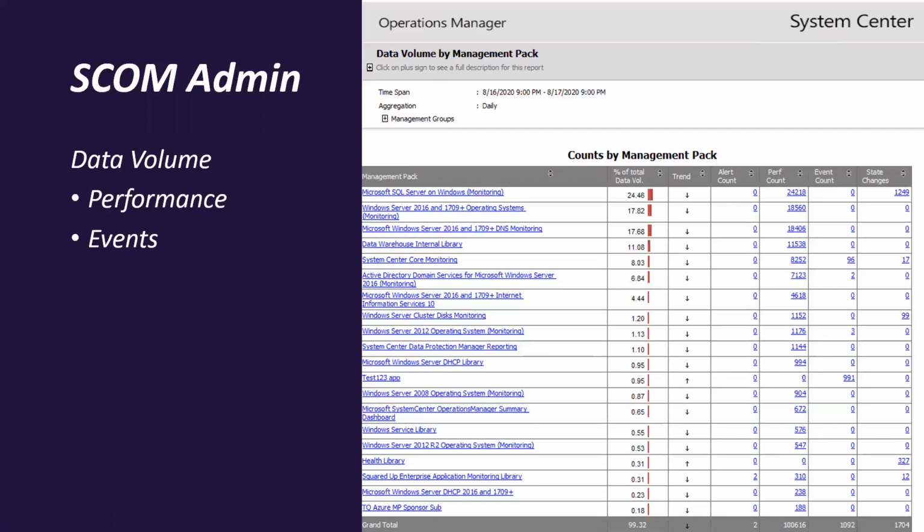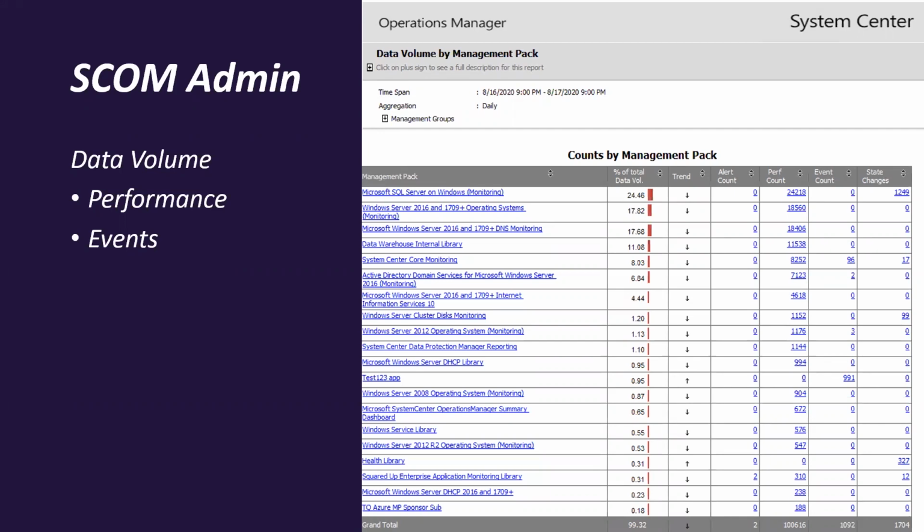So for performance, for instance, you might be looking at, in this case, in my screen, it will be SQL, followed by Windows operating system, followed by DNS, and then maybe some others as well. In your case, you will have, well, I think these two will be somewhere in the top 5 anyway, but you might have others as well. Events,